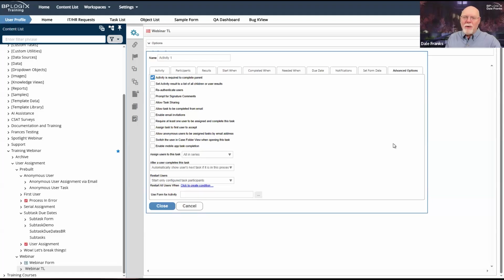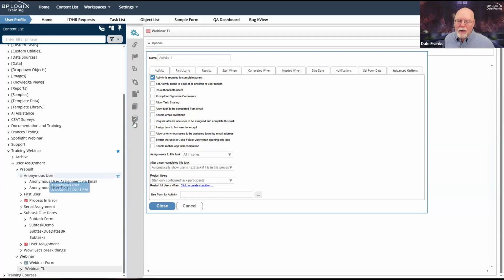When instance 2 gets created, I'm going to assign this task to user 2 and so forth. So for each timeline instance, a different user is going to be assigned the task. And so nobody's ever going to accept a task.